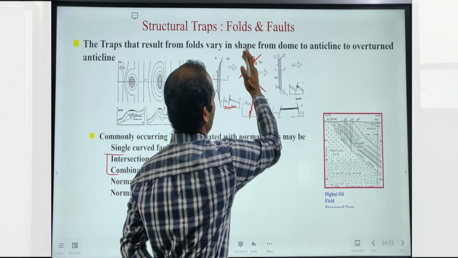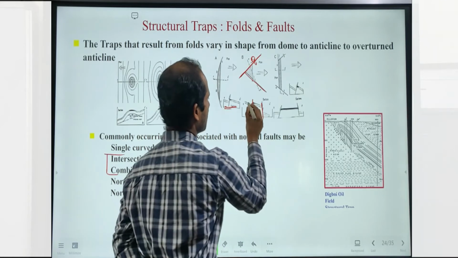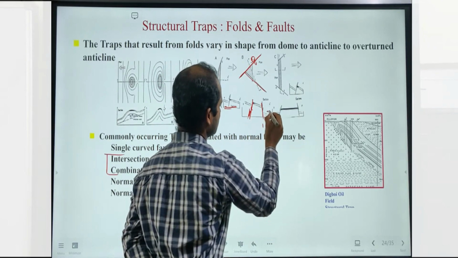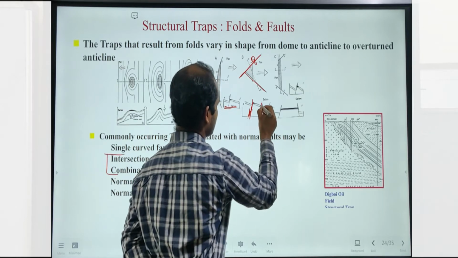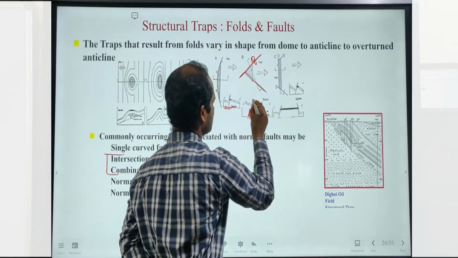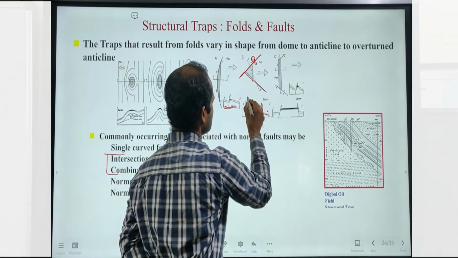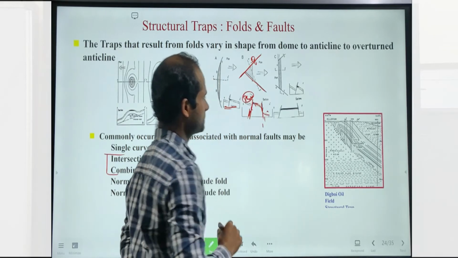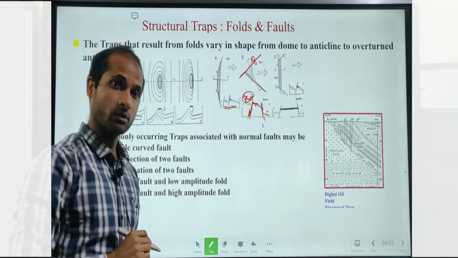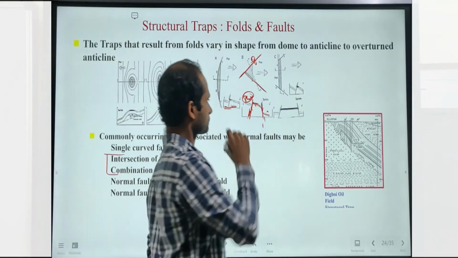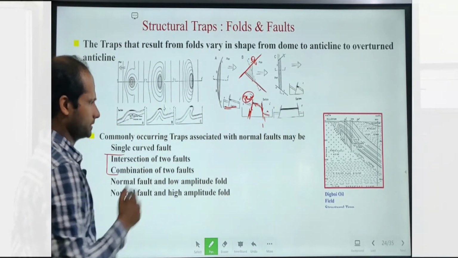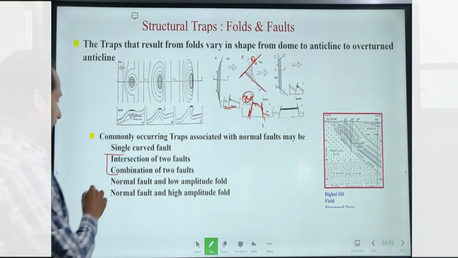this is the plan view of the same, and we can see this is going down, this is going down, and the migration has taken place from this and accumulated over here, because on this side we have the shale which is acting as caprock or shield. Similarly in the combination of two faults, in a similar way,